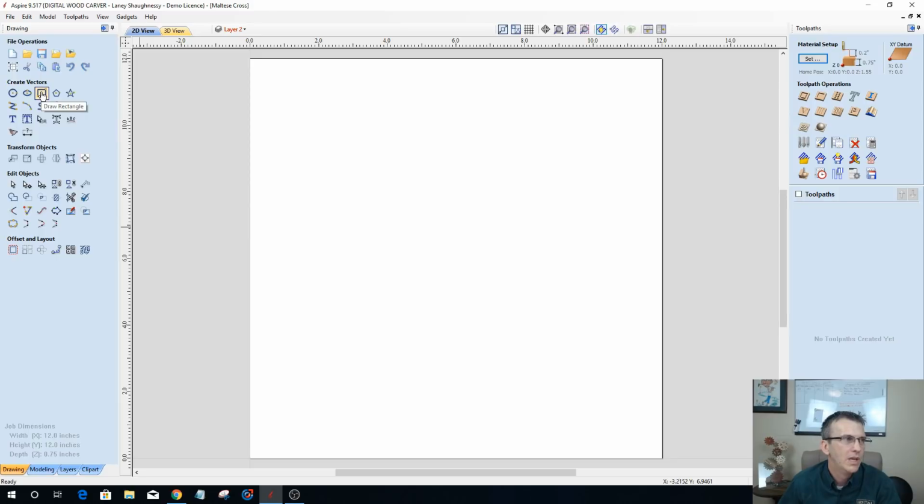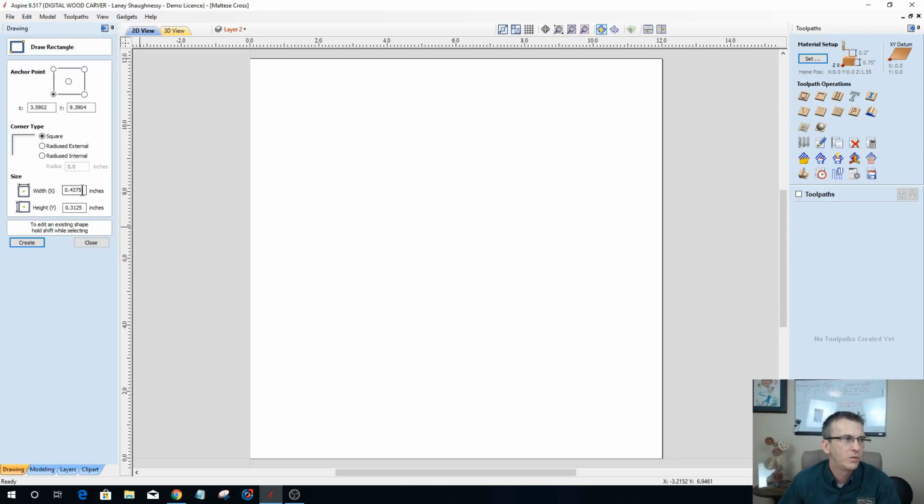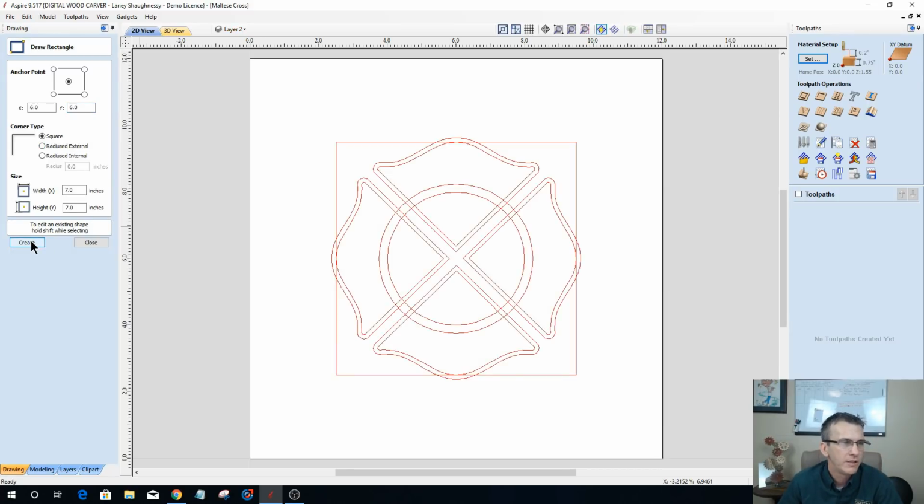and that simply is a series of rectangles. So my first rectangle is going to be 7 inches by 7 inches. Okay, 7 by 7, and I want the center of it at 6 inches on my X, 6 inches on my Y, which is the center of my material, because my material is 12 by 12. So the center of my board would be 6 inches and 6 inches. So let's go ahead and create that guide,